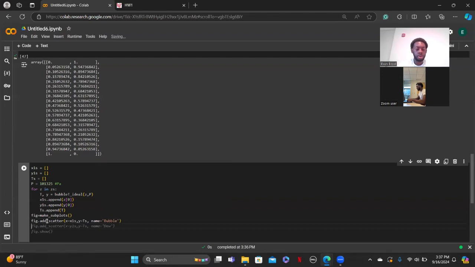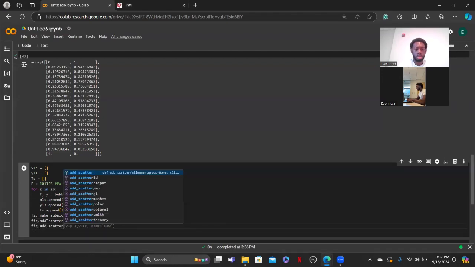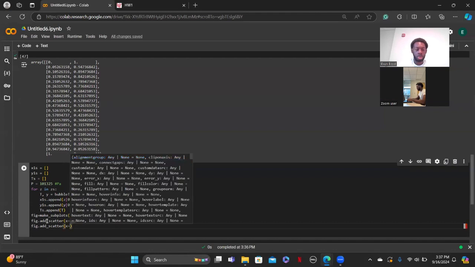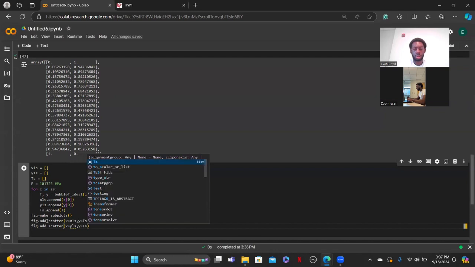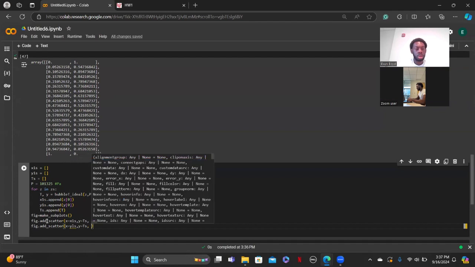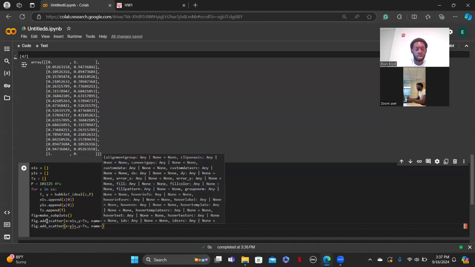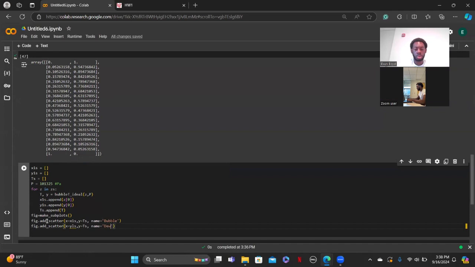We also need to add one for our dew point curve. So fig dot add_scatter, and then x is equal to our y1s, and y is equal to our Ts, the temperatures, and then name equal to